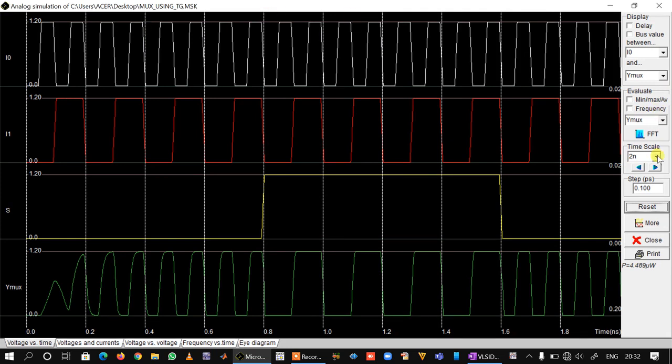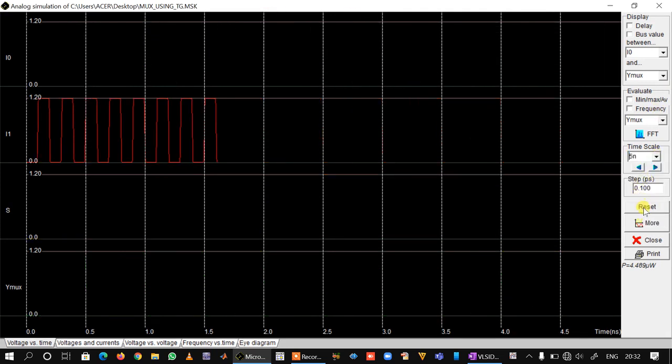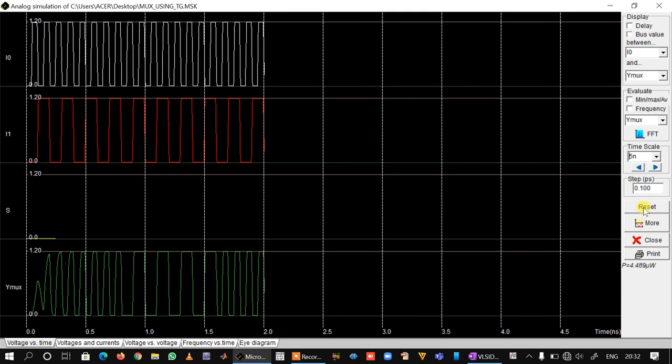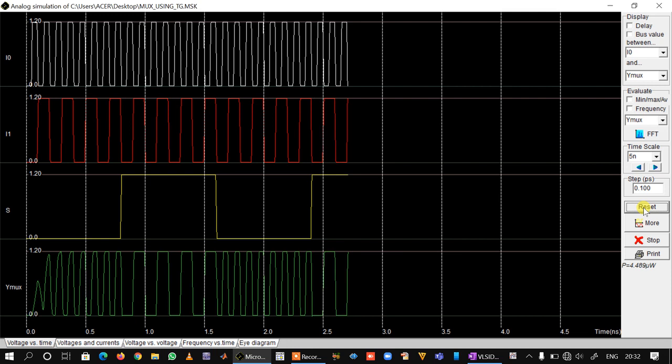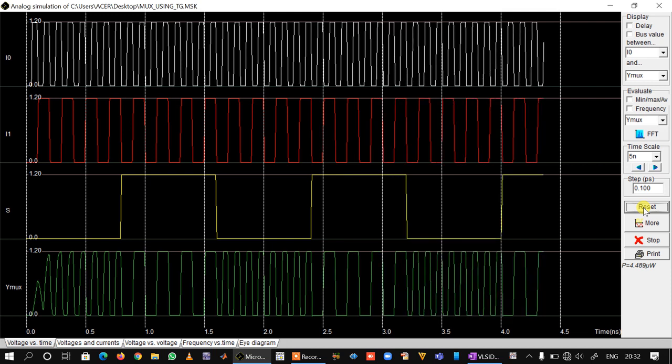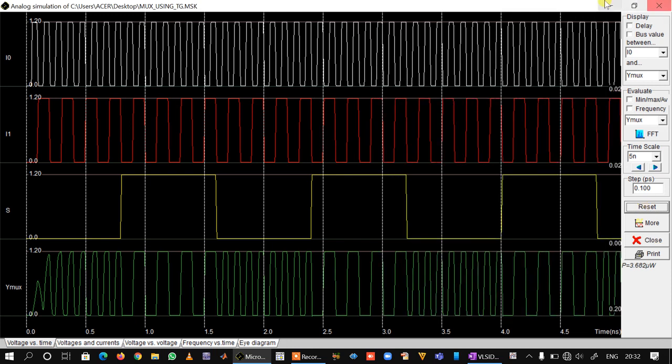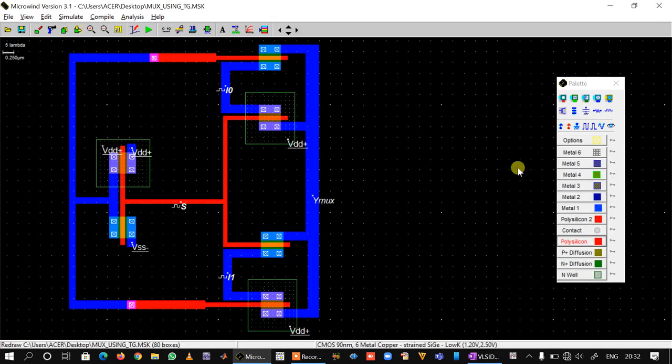Okay, so we are not able to appreciate that it is the output of multiplexer. We'll make I1 slower.